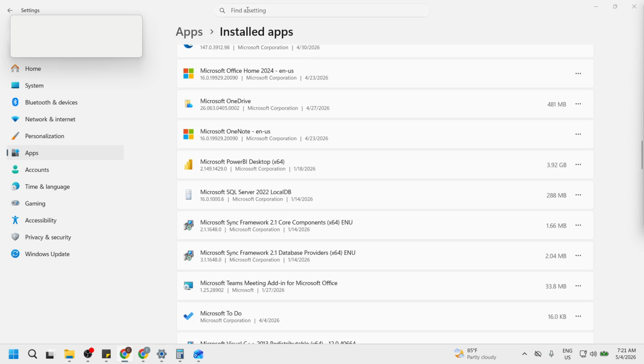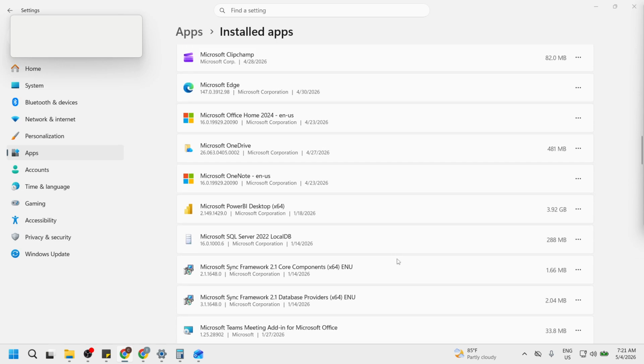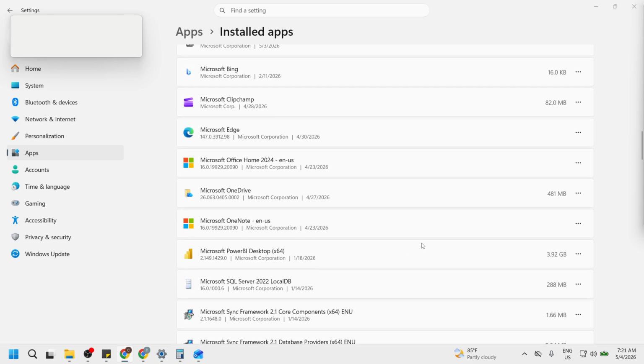In that search box, type Microsoft Office Desktop Apps. If you see an entry with exactly that name, select it and choose Uninstall. This component comes from the Microsoft Store and can clash with your main Office installation, leading to signature issues in Outlook. Removing it does not uninstall your primary Office suite or delete your data. It simply removes the duplicate shell that causes the conflict.